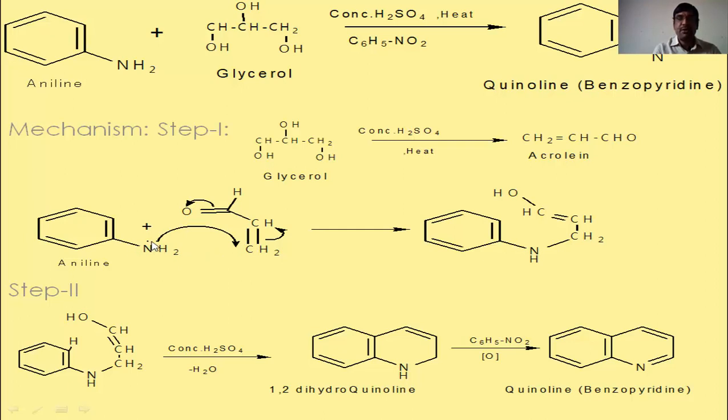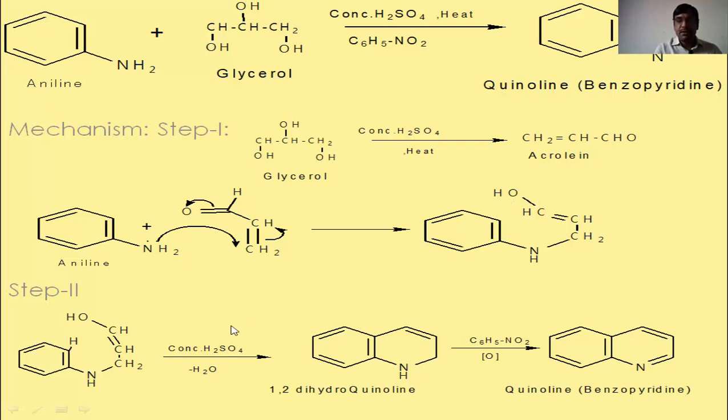This lone pair of electrons will attach to this CH2 positive charge, which is formed after the breaking of this CH2 CH bond. This one bond is broken, CH carries the negative charge and CH2 carries the positive charge. The lone pair contains one positive charge and one negative charge. This negative charge combines with this CH2 positive charge, meaning one negative and one positive charge create a single bond. And this CH negative charge and the positive charge form a double bond, and here is the O negative charge. This O negative charge, and after removal of H plus from NH2, we will get the